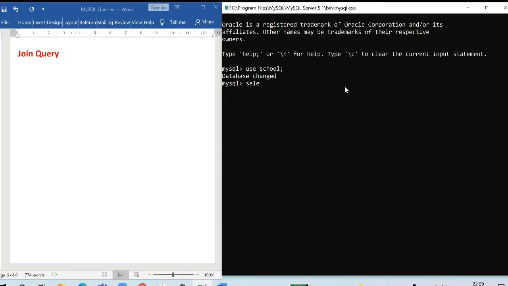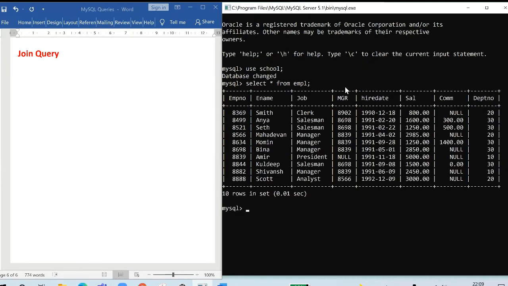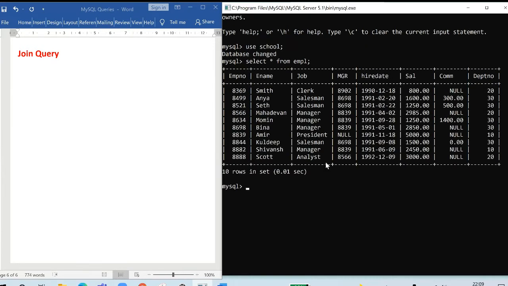One we have seen many times, the EMPL table, right? So this is the EMPL table. We have 8 columns and 10 rows. So just for revision, the cardinality is the number of rows. The number of records in a table is known as cardinality, and the number of columns in a table is the degree. And we have another table,